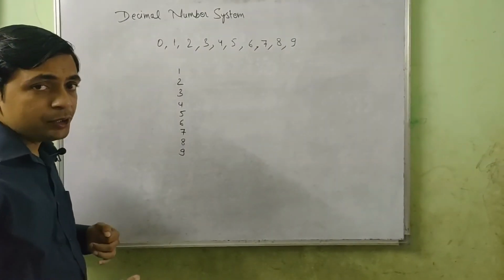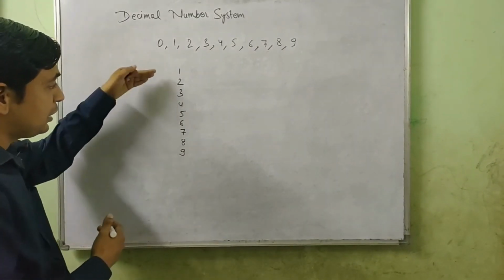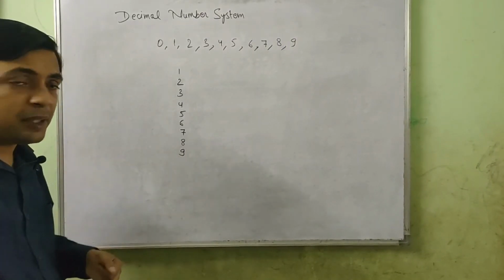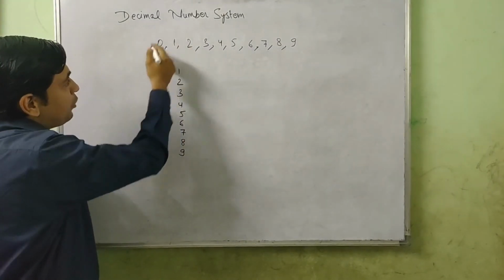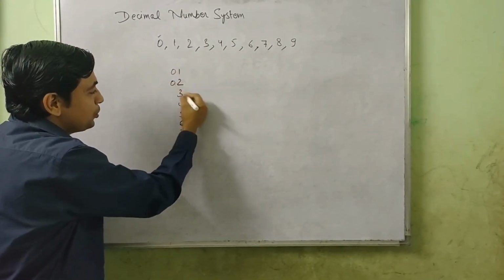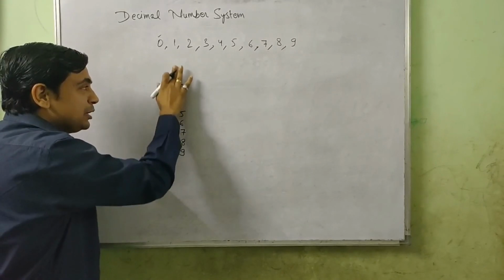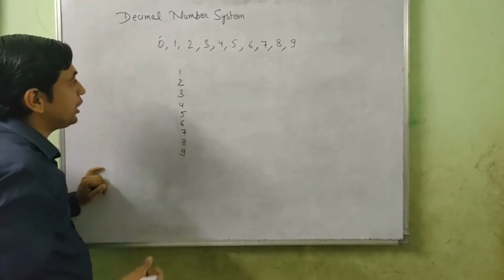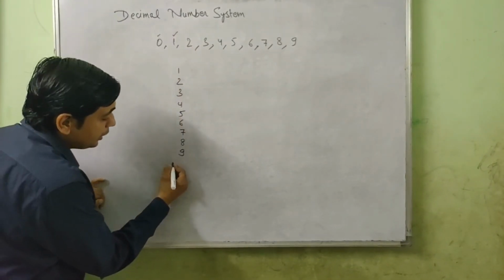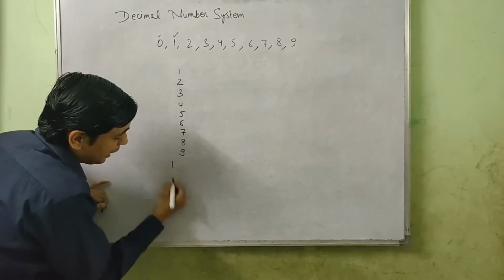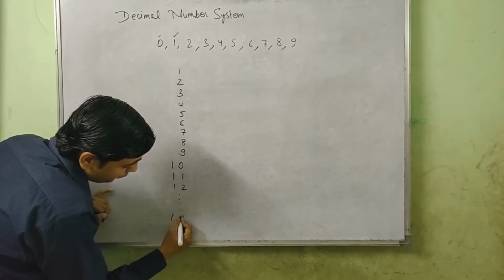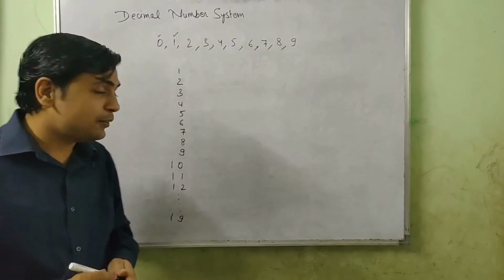So now we are going to increase the number of digits. Till now we were working with 1 digit, now we will work with 2 digits. How will we form numbers now? We will write the first digit, because we have already worked with 0. Actually 0, 1, 0, 2, 0, 3, 0, 4 means 1, 2, 3, 4 only, so 0 has no meaning before it. Now we will form numbers starting with 1. All the digits are repeated with 1: 1, 0, then 1, 1, then 1, 2, and up to 1, 9. So we have repeated all the digits with 1.